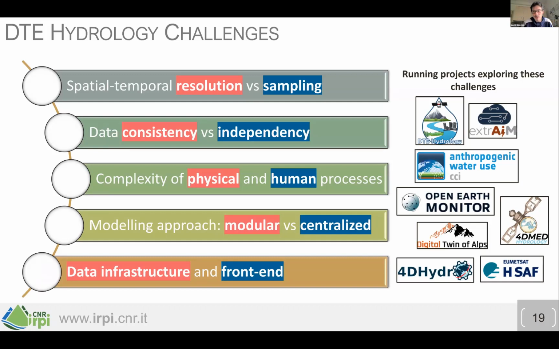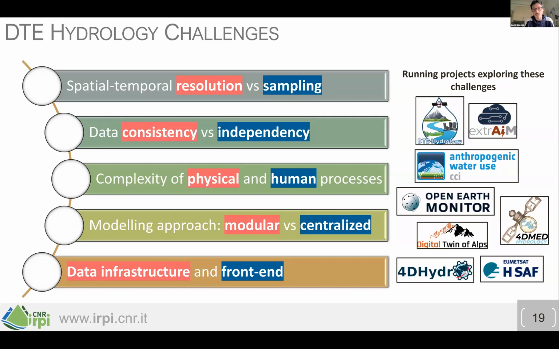Most of the time you have models that tell you that they are high resolution, but actually the forcing, for instance, is 20 kilometer. And so basically the model should also be around 20 kilometer. When you put many data together, you have to understand that the consistency versus the independency of the data is very important. You shouldn't use data that are consistent. They should be independent when you use the data in the model.